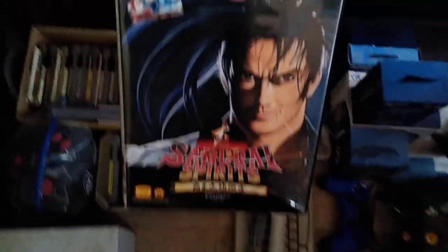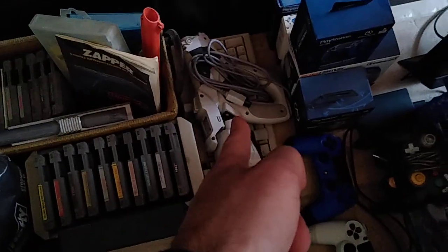Now, on the ground here, got NES games, more NES games. Those are travel cases that have NES games in them. This is my one and only Neo Geo game, Samurai Spirits 2. Sega Dreamcast keyboard, fishing rod, and light gun. Then we go across here,